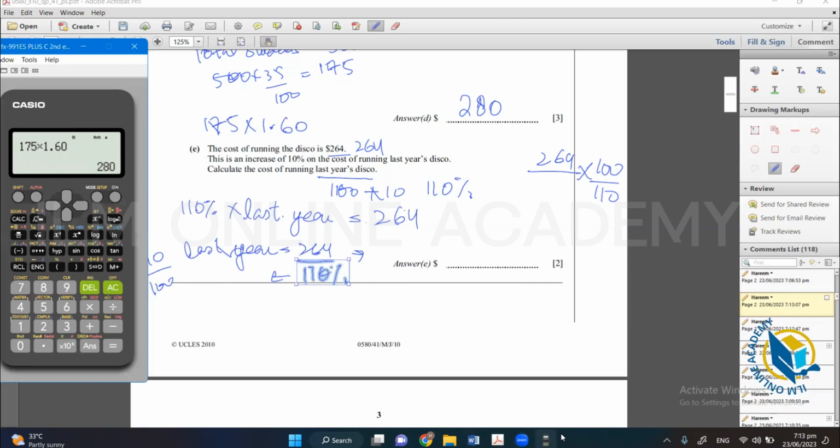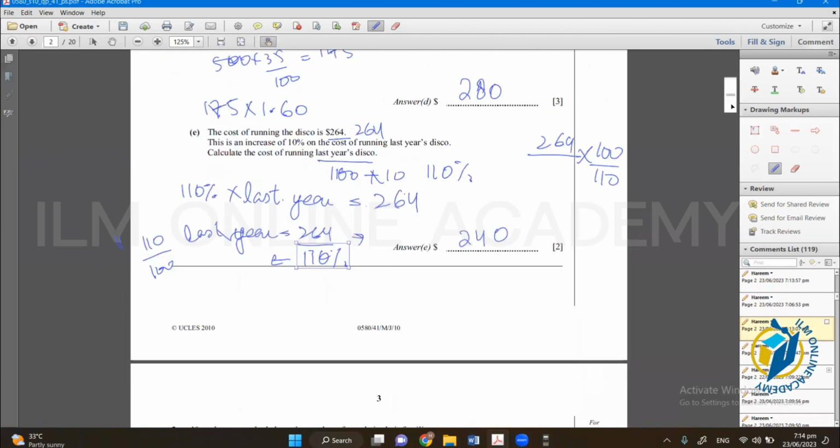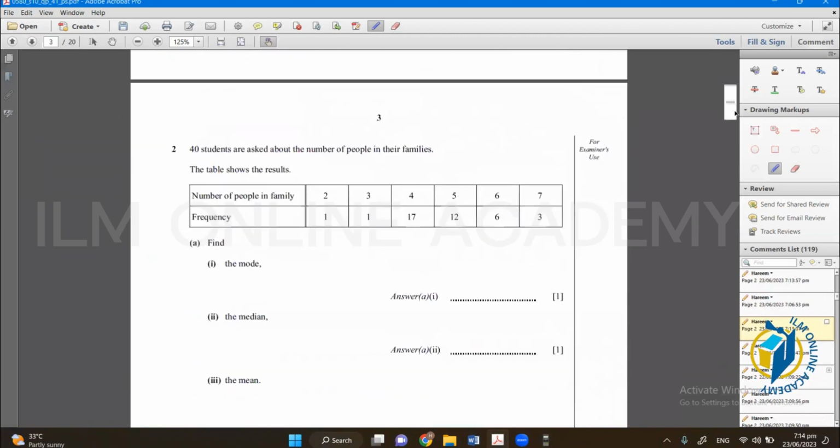the answer is 264 multiplied by 100 over 110 equals 240. It means the last year price was $240. Okay, so that was part E. Now,